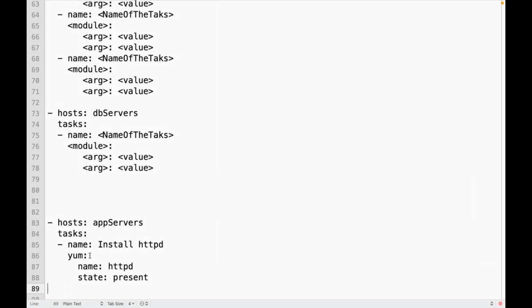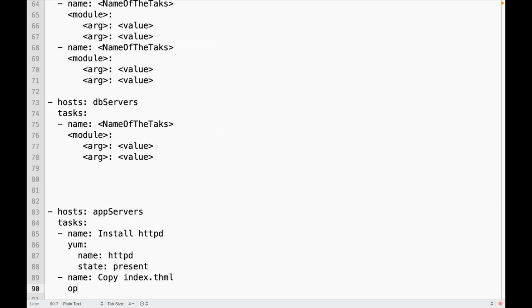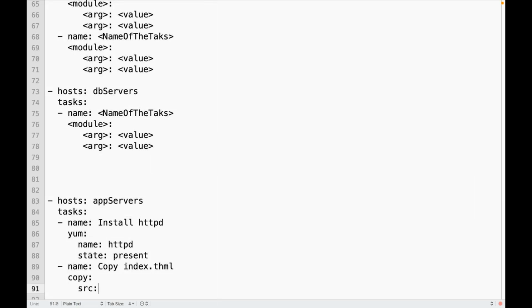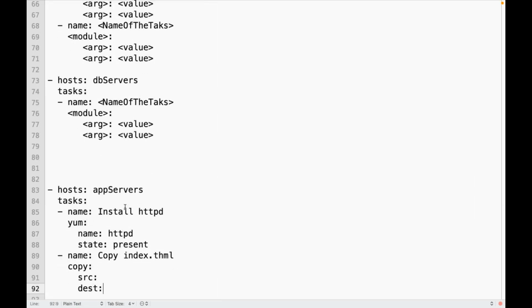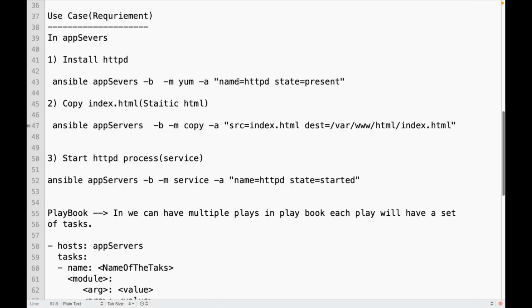This is one task. Now similarly, can I have another task which can copy my file, copy index.html? Which module? The copy module,